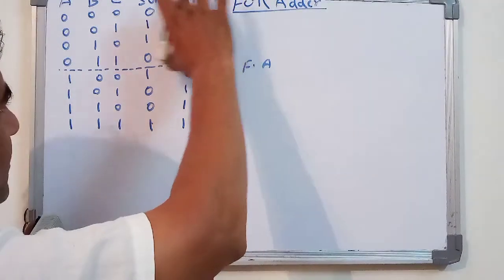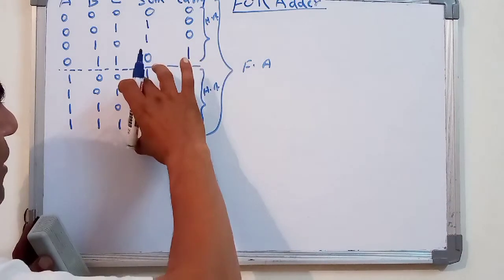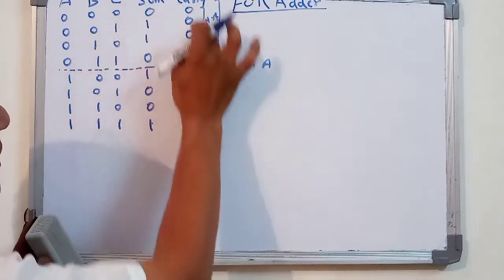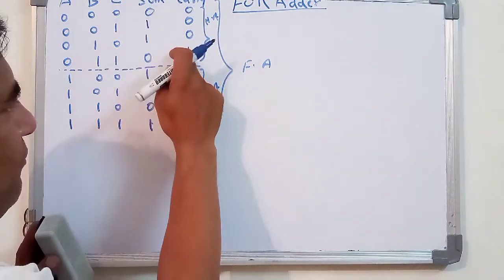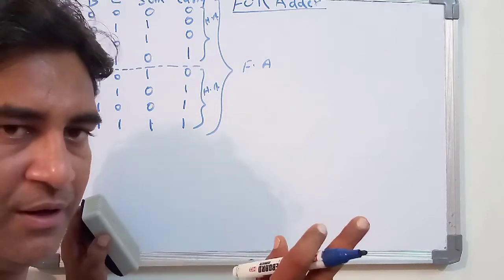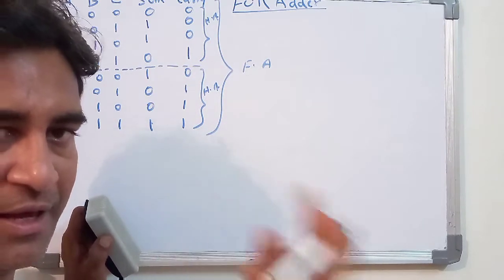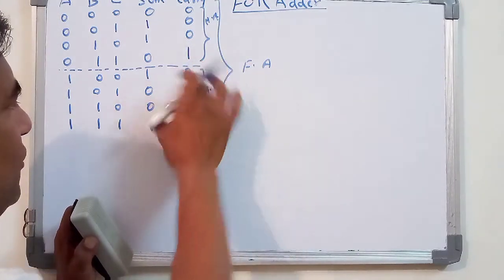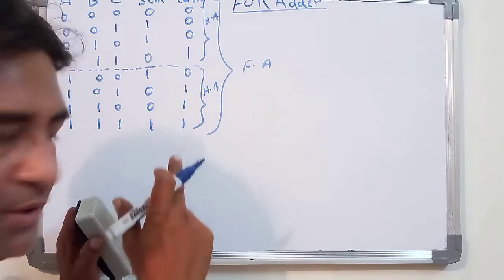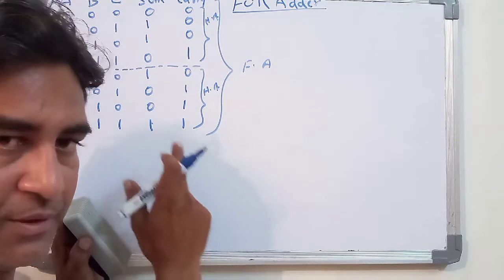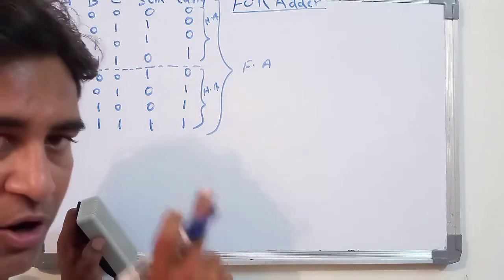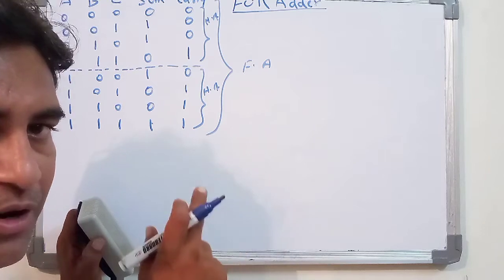Now you observe this first half adder and the second half adder. Here the sum and the carry are there. This we have studied previously, that originally we required one AND gate and one XOR gate for designing the half adder. Now here you observe 0 1 1 0, meaning the logic diagram required for this table is the OR gate. Okay, it is the OR gate.